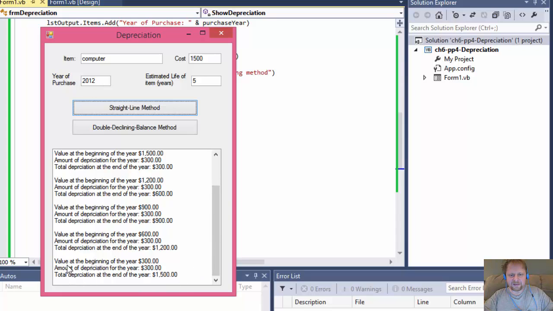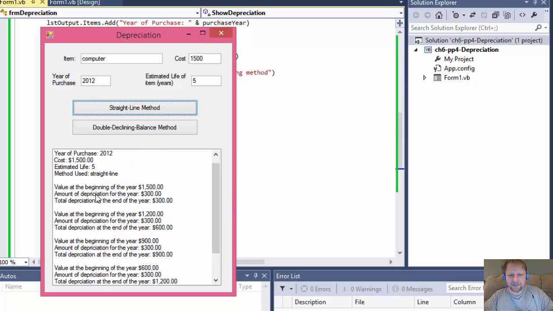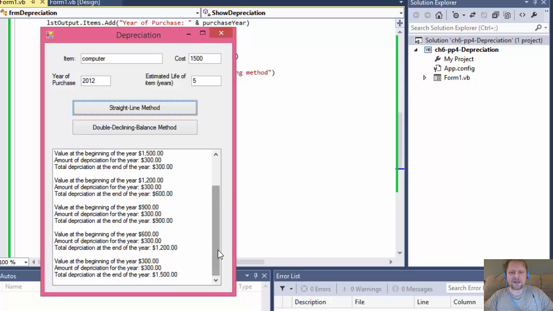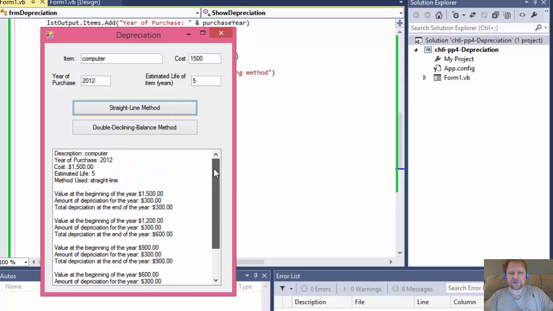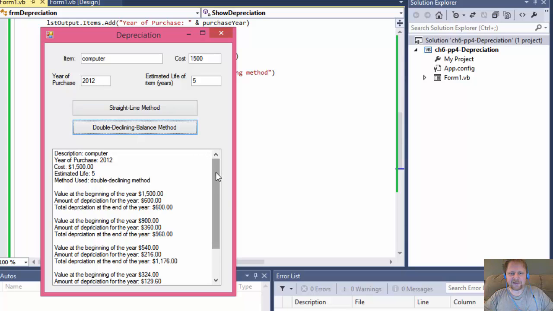And as you can see, the amount of depreciation for the year is being deducted. The value at the beginning is $1,200, which is $1,500 minus $300. The next one is $1,200 minus $300, which is $900. Then the next one is $600, then $300, and it goes down up to the final, which is the original price. So if I click double decline, the screen should clear and double decline should be printed,